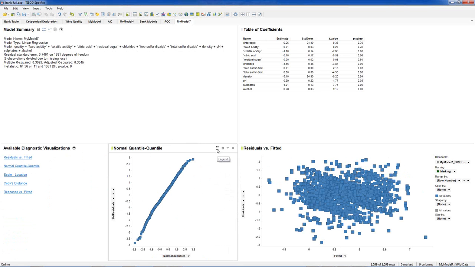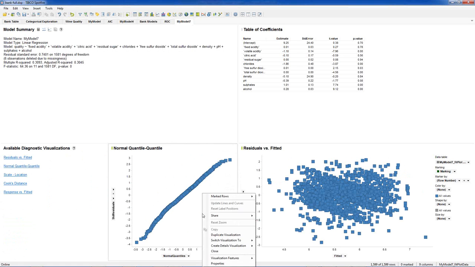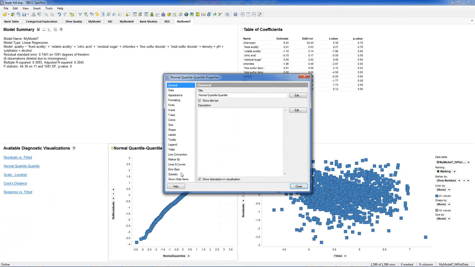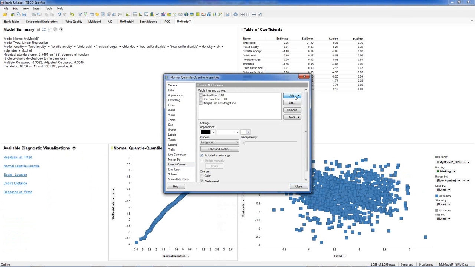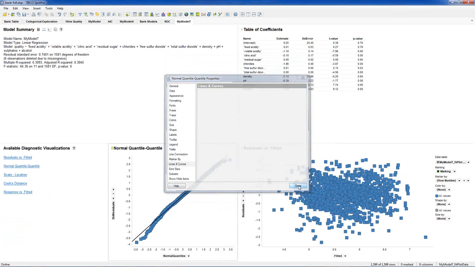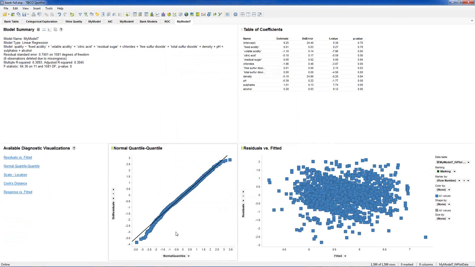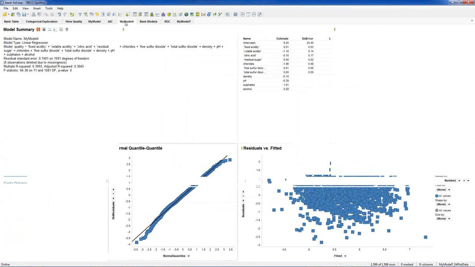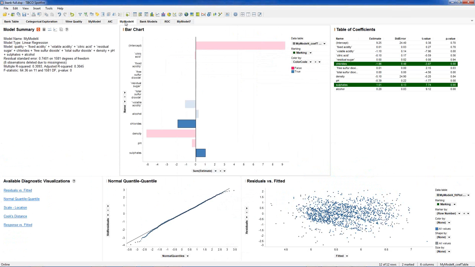So here, I'll show you how I can basically plot a line on top of this graph real quick. We do lines and curves. I'll add a curve, and the curve expression is just y equals x. So we just need to add that line. So you see the line's run through. It's not too bad. Yeah, I've seen a lot worse. So it's not a terrible fit, right? So now what I want to show you is the way of looking at the model coefficients.